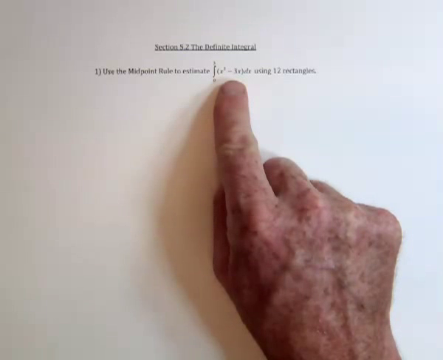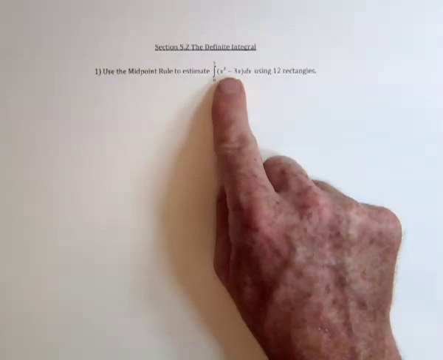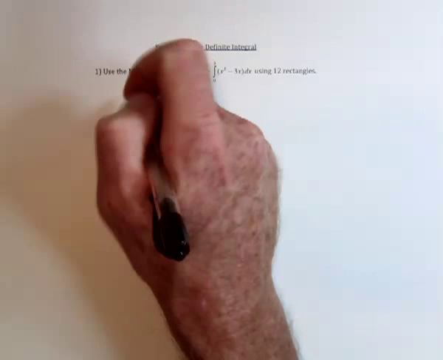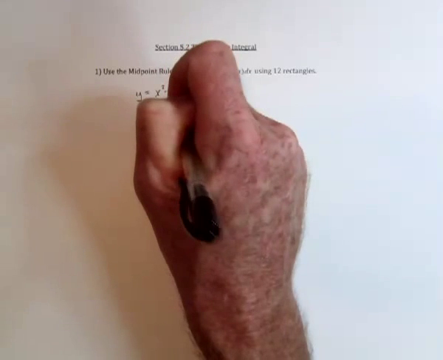So first of all, take a look at the function. This definite integral means find the area under the curve between the x-axis and this parabola on the interval from 0 to 3. So if we have y equals x squared minus 3x,